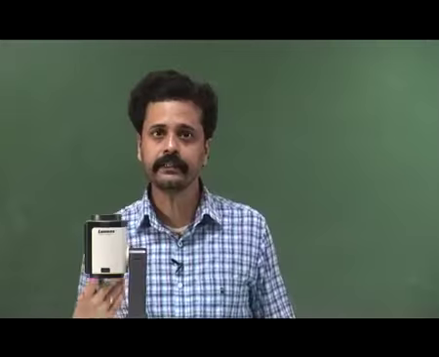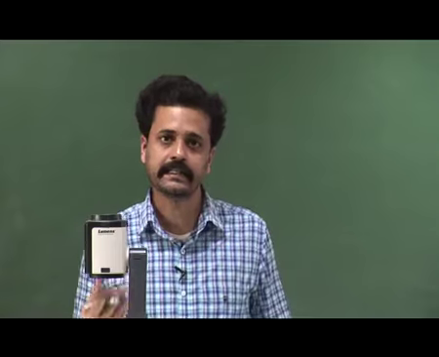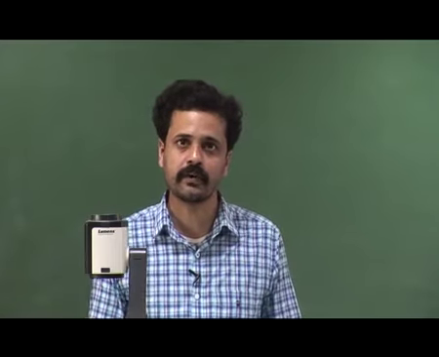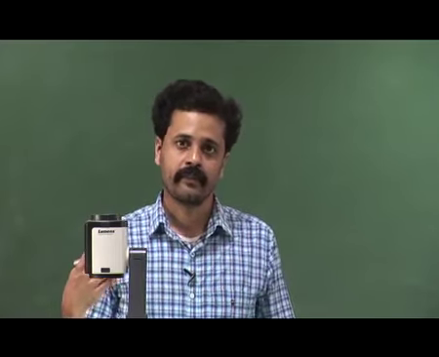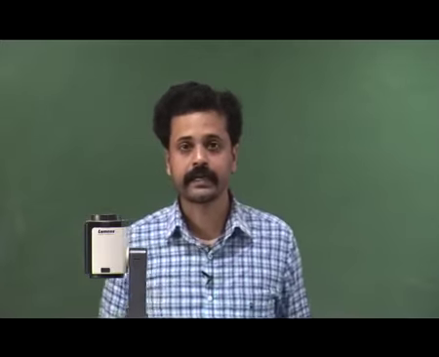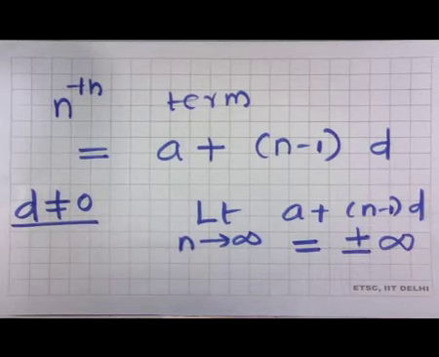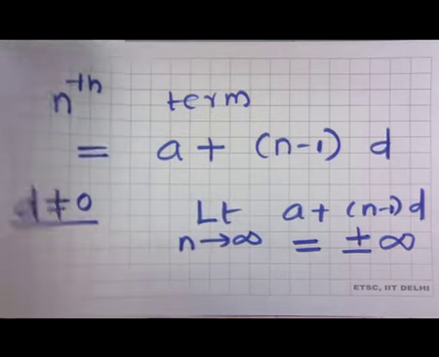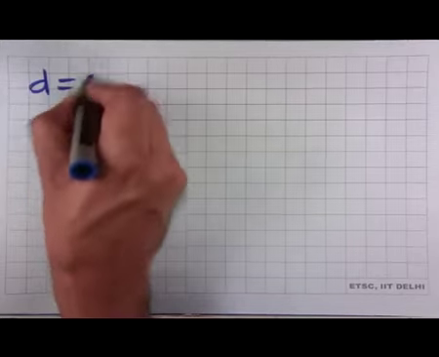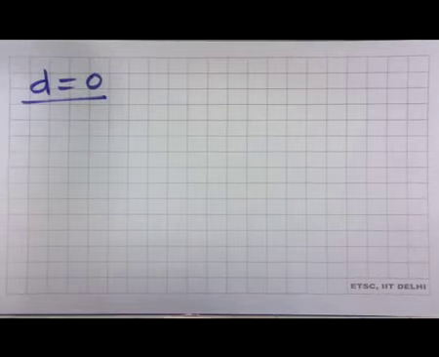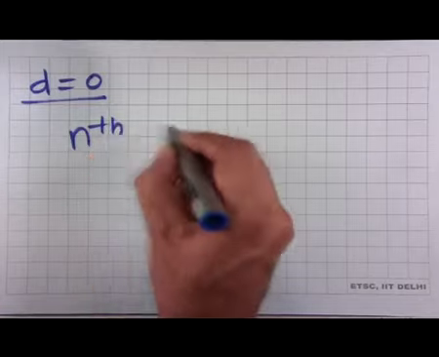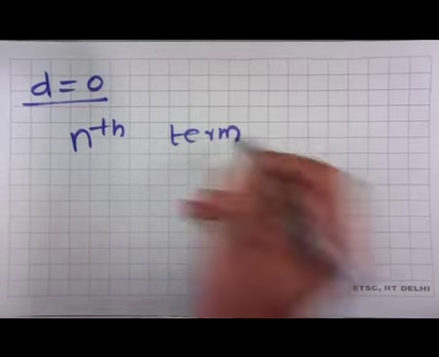As the nth term of the series does not come close to 0 when n becomes large, the corresponding series is not convergent. This is the case if d is not equal to 0. And if d is equal to 0, the nth term of the infinite series we are interested in